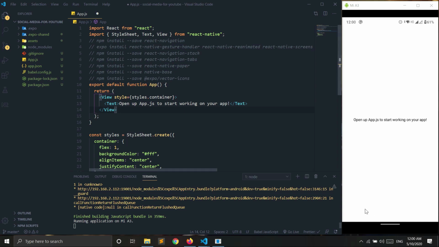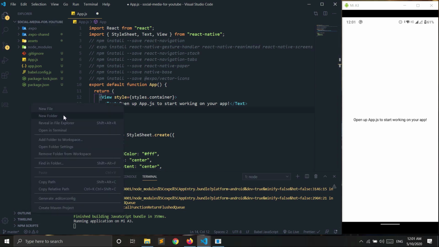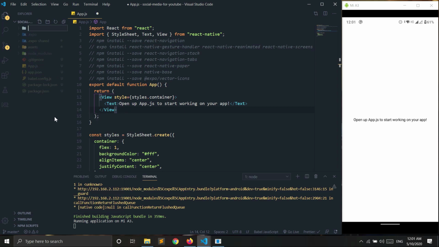And here in the screen, I want five buttons in the bottom tab navigator. So we are going to quickly create five screens first. Let me create a folder for screens first.